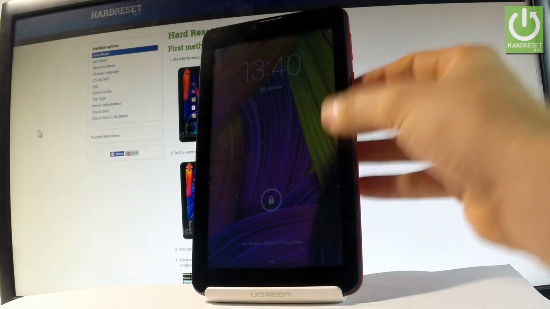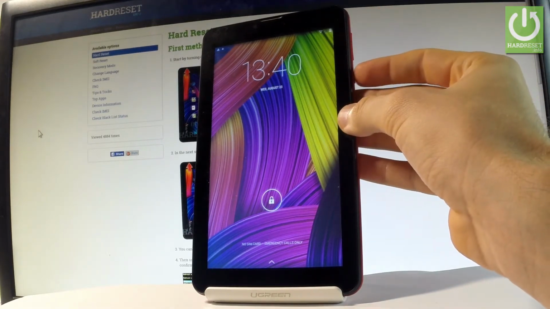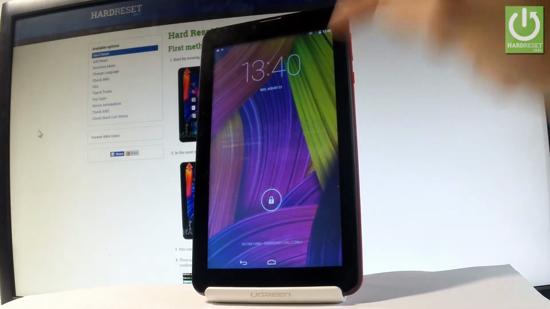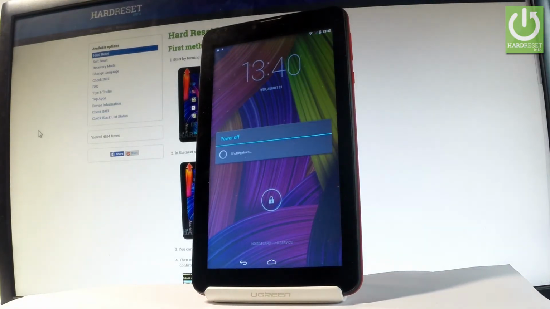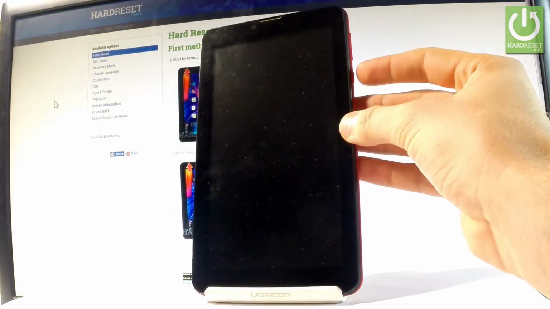Here I have LARK Evolution X2 and let me show you how to enter the recovery mode on the following device. So first of all, let's start by holding the power key. Keep holding the power button, choose power off and tap OK to confirm it. Wait until your device is completely switched off, and afterwards you have to use the following combination of keys: